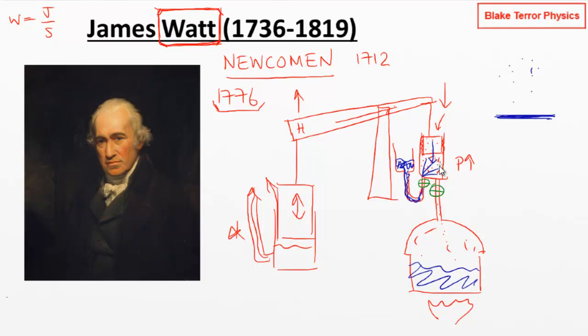So you just spray a small amount in, and then immediately close off the valve again. Sucks the piston down, lowers the right end here, lifts up the left end. You then open up this valve to put steam back in. The steam goes back in, piston goes back up, right end goes back up, and the plunger goes down into